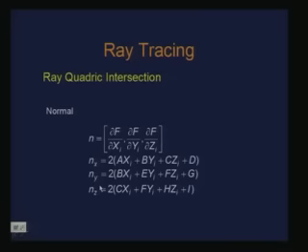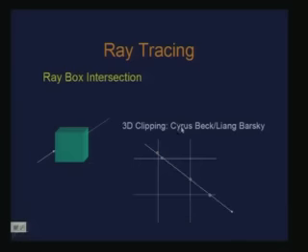Fine. Okay. So, the next object which you would like to consider is a box. Right. A box, of course, can be thought of as a collection of polygons, right, and then you basically perform an intersection with individual polygons of the box, and then see what are the points of intersection, right.